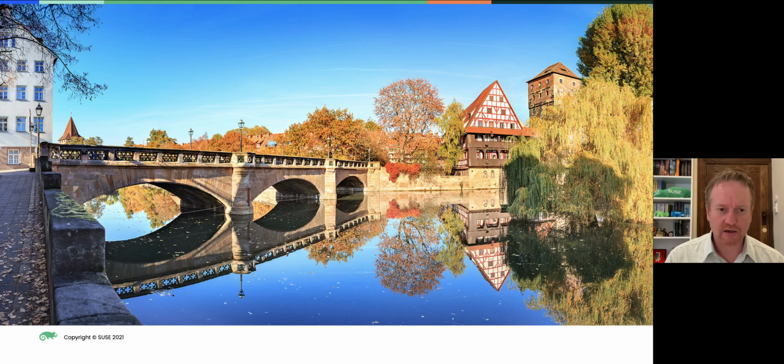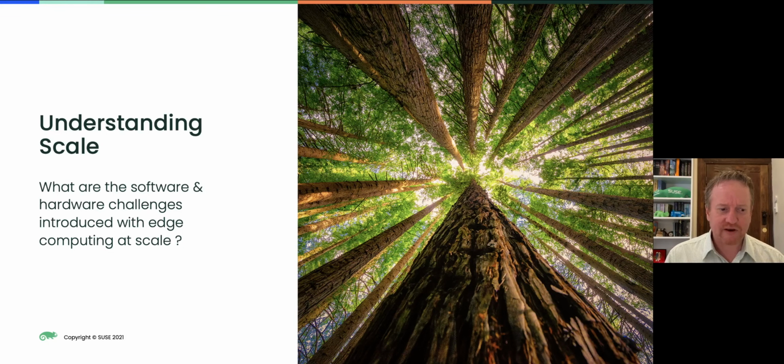And with that in mind, it's given us some insight into how customers are using systems at scale. A lot of the customers that Souza has in Germany are manufacturing organizations. There are some automotive manufacturers as well that are looking at embedding software into their devices, millions of devices, as large as central computers, but as small as tiny ARM-based Raspberry Pis. And this helps us give some idea of the scale and what the software and hardware challenges are when looking